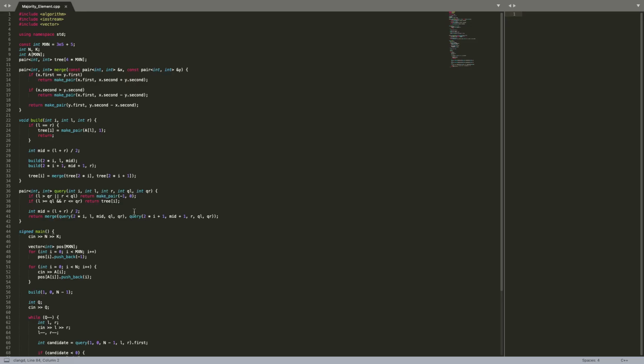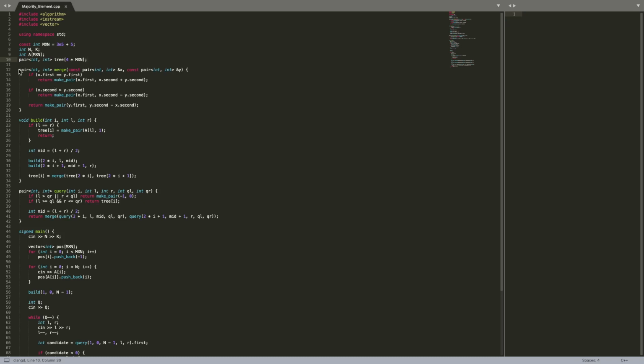Alright, let's finally look at some code for this. So this code solves the problem that I initially opened on Spoj. And the link to this will be in the description of the video along with the problem statement. So this is basically my segment tree, which stores a pair of two values. The first value is the candidate and the second value is the delta.